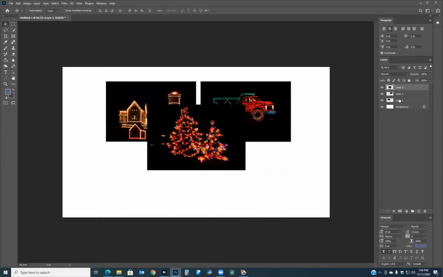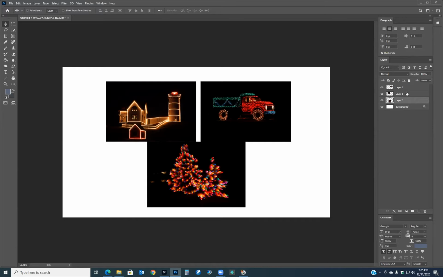But if I were to take the lighthouse layer and move it to the top, look at what happens. Now the lighthouse layer is over this one. I could take the trucks, which is this one, the truck, and move that up top. And you see how these are now on top of this. It's all a matter of clicking on the layer that you want to work with, grab the move tool, and